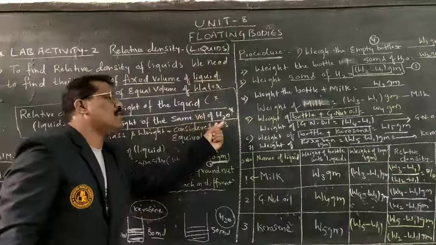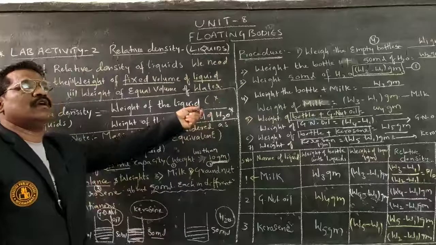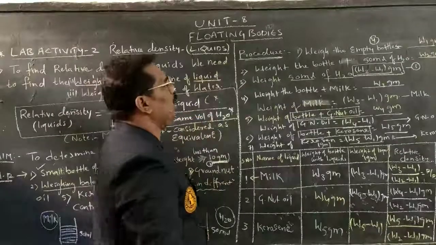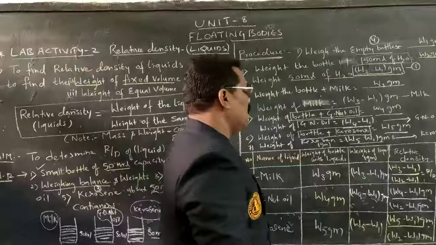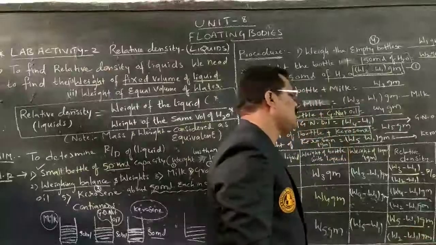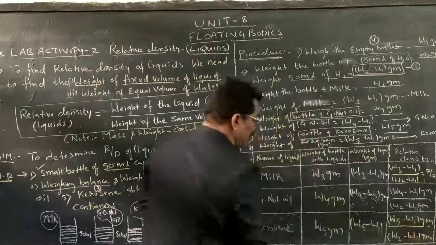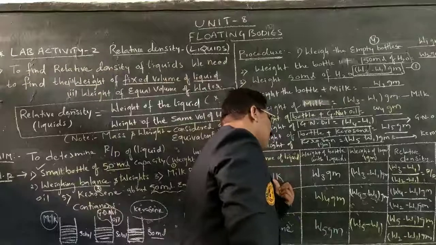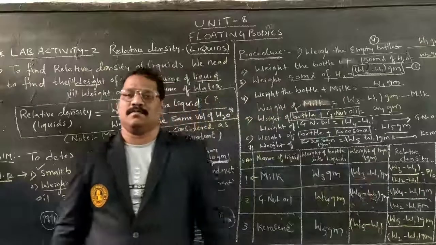of the same volume of water. That much volume of water is what gets displaced outside. The same volume of water, we are doing for each and every liquid substance. We are doing the same process. Therefore, W5 minus W1 by W2 minus W1 grams of water is the relative density of kerosene. The relative density of groundnut oil and milk can be calculated in this process.